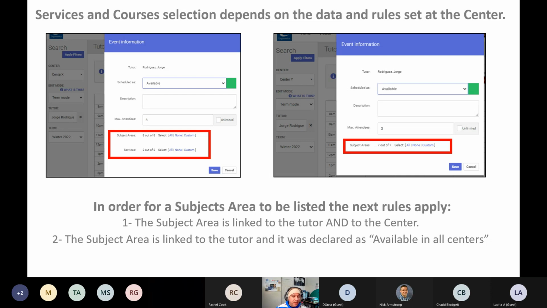In that case, for example, he can work with 8 courses, and he's going to be working for all 8, and the services for the center. And by the way, that number that you see there next to the services depends on the center, not on the tutor. So if the center, let's say, provides 5 services, then the tutor could pick that he's going to be working, or she's going to be working with service X, service Y, service C, and